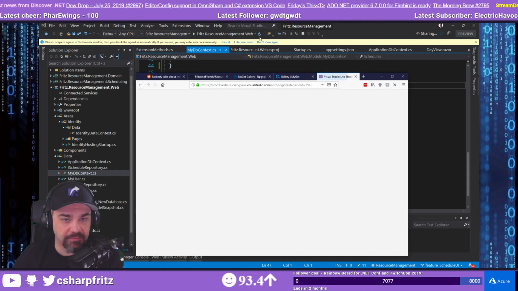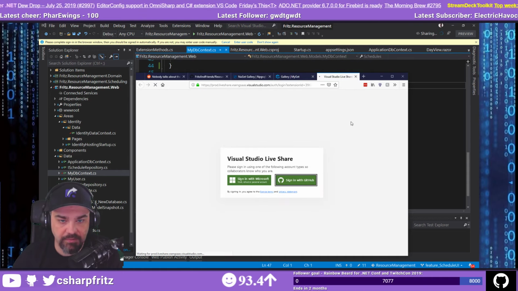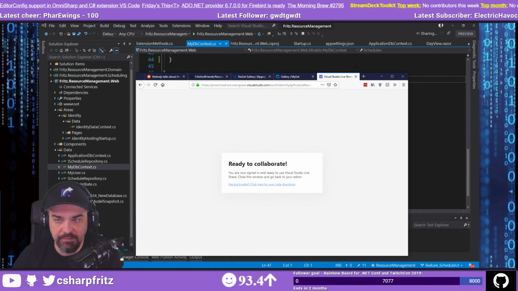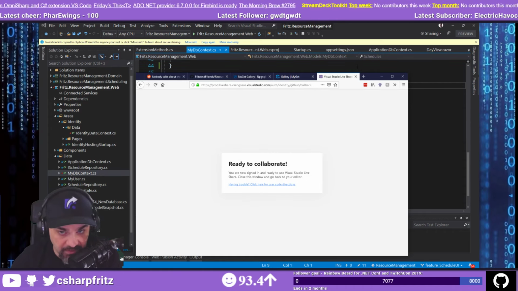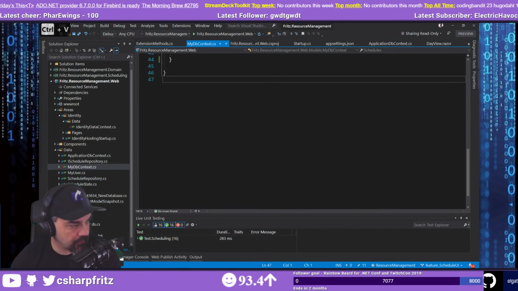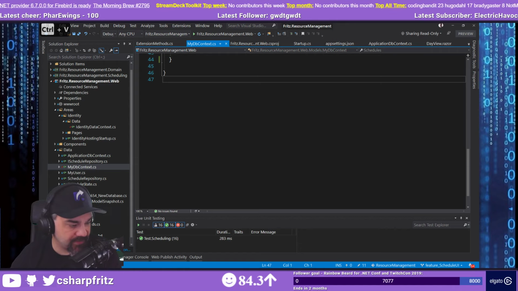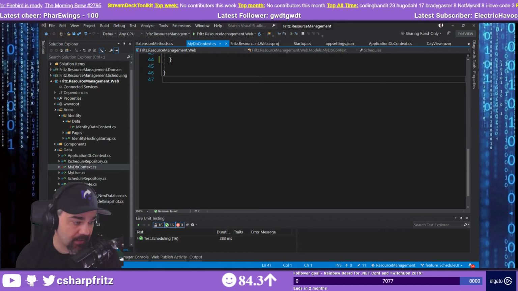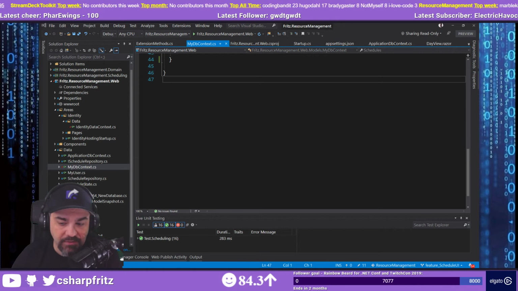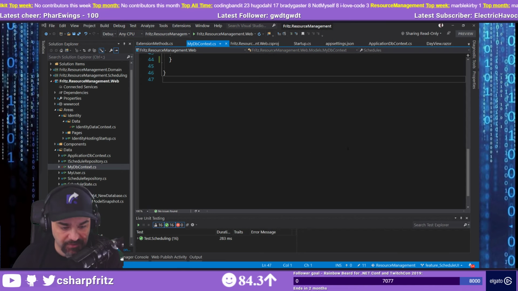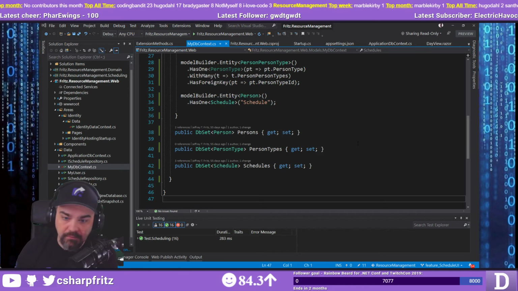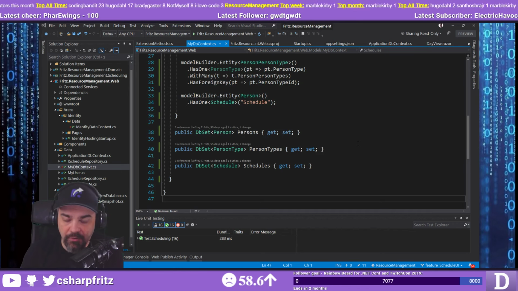Before I run it, let's set up Live Share, sign in with GitHub. Ready to collaborate. Make it read only. If you're using Visual Studio Code or full Visual Studio 2017 or 2019 and you have Live Share installed, go ahead and click that link and you can join me here inside of Live Share. And we're going to run this application, and then we're going to work through getting it converted over to